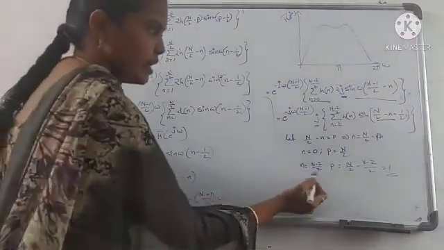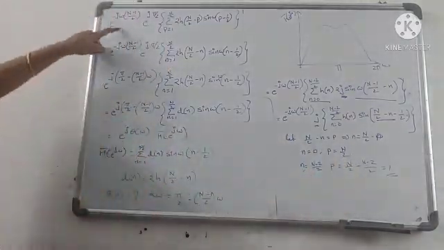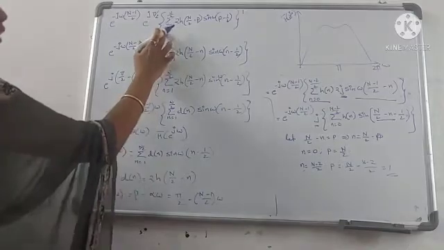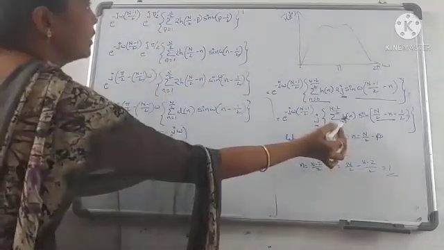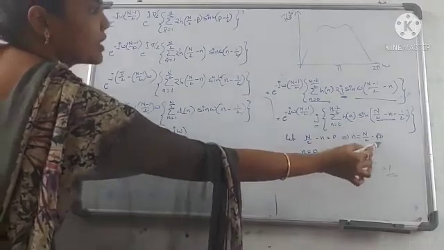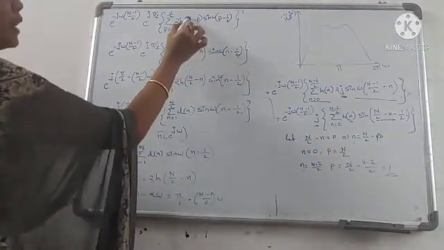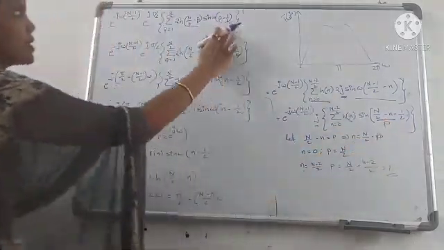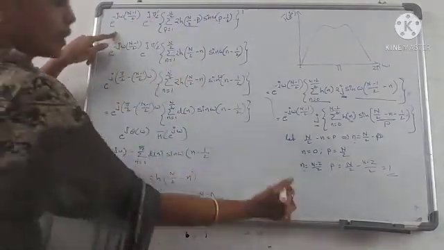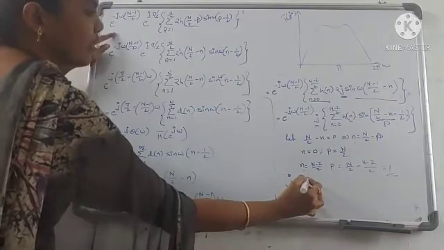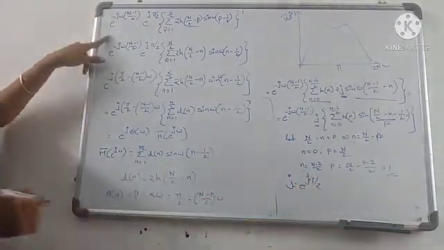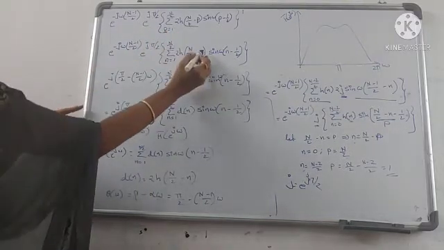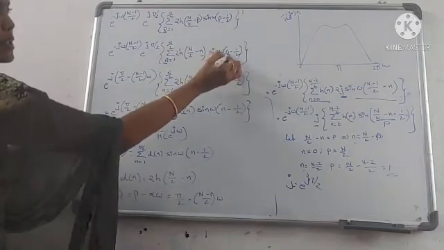Now substitute the limits. n is equal to 1 to n by 2. So in this equation, change the limits from n is equal to 1 to n by 2. Now here n is equal to what? n by 2 minus p. So I am substituting n by 2 minus p in place of n. And here, this value you have to consider as p minus 1 by 2. So j is equal to e power j pi by 2. Now again you have to change the limits, p to n is equal to m to n by 2. Here also p to n, and p is replaced with n.